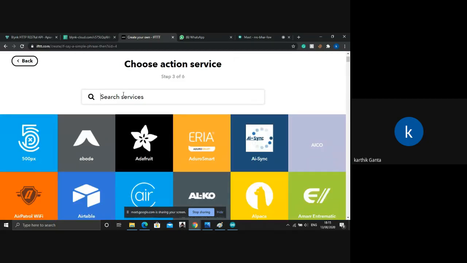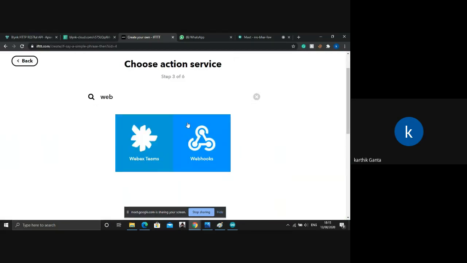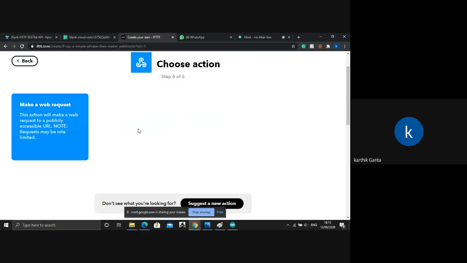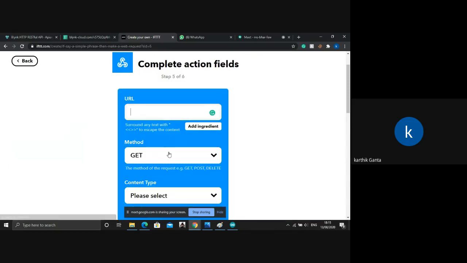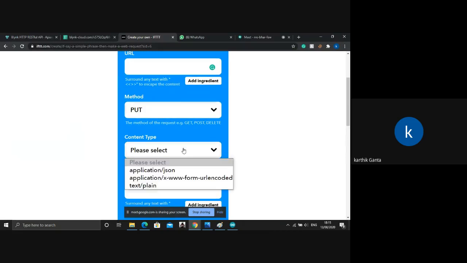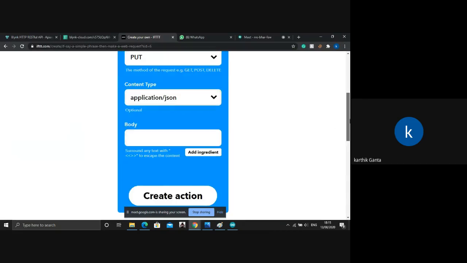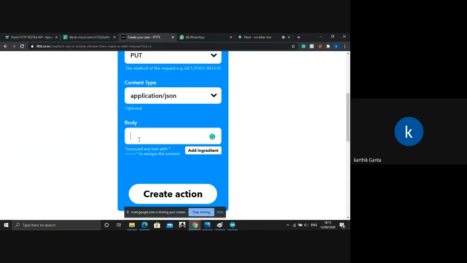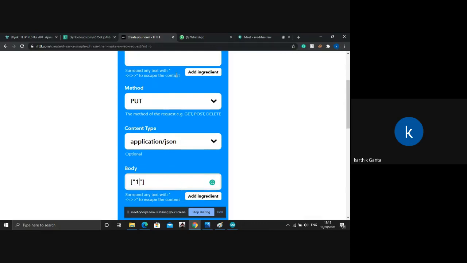Then you have to choose Webhooks, and in Webhooks you give the web request. I just told you how to give a request. In the web request, make sure you select JSON, and the body should be enclosed in braces and inside quotes, with 1 if it is switch on, and 0 if it is switch off.